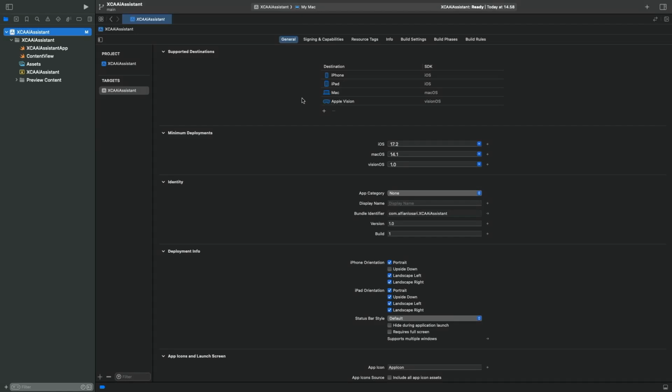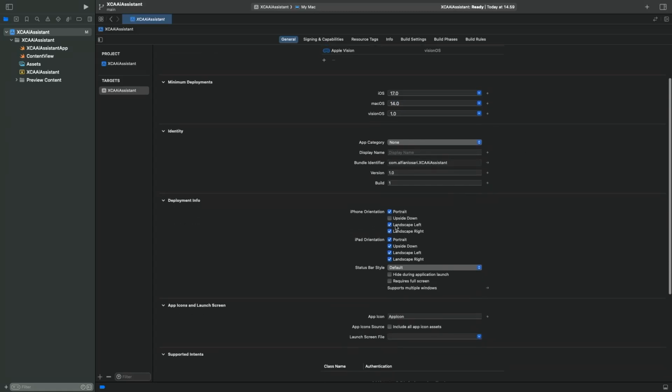Those are native applications. Okay, for Mac we are not using Catalyst, and the Apple Vision app itself will also be native. Okay, and for the minimum deployments, let's just set 17 for iOS, macOS 14, and visionOS will be 1.0. Okay, next one, for the iPhone orientation, let's just make it a portrait only application.